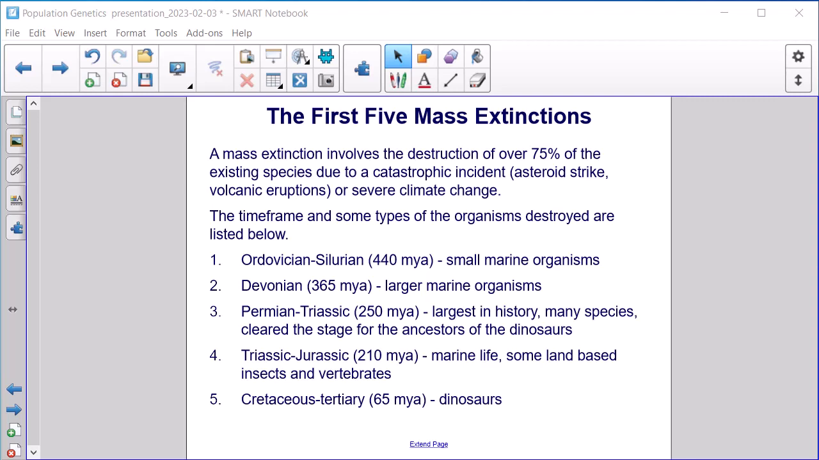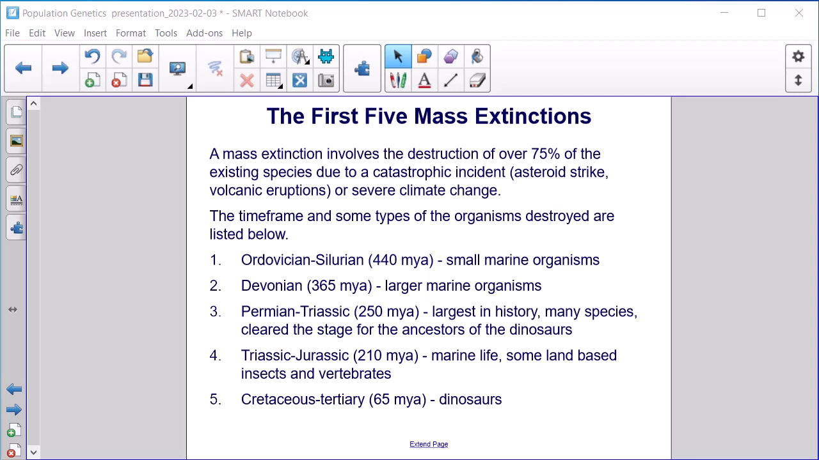The first is the Ordovician-Silurian period, 440 million years ago, where small marine organisms were made extinct. Second, the Devonian, 365 million years ago, killing off larger marine organisms. Third, the Permian-Triassic, 250 million years ago, the largest in history, killing many species and clearing the stage for the ancestors